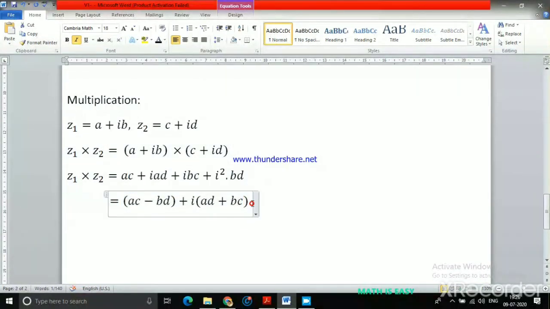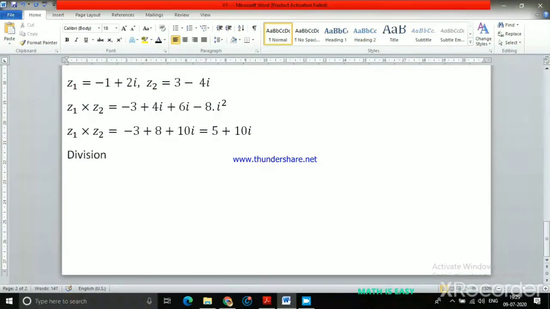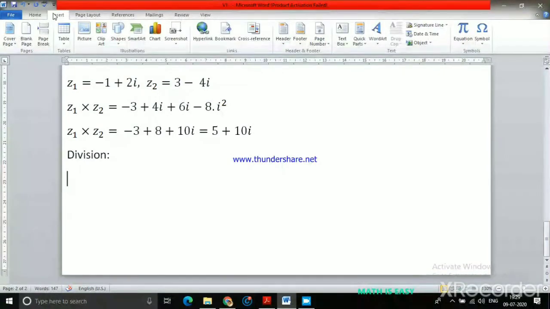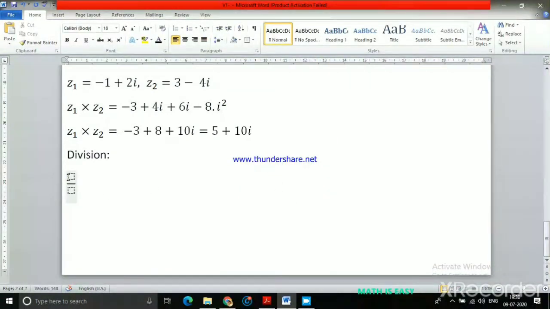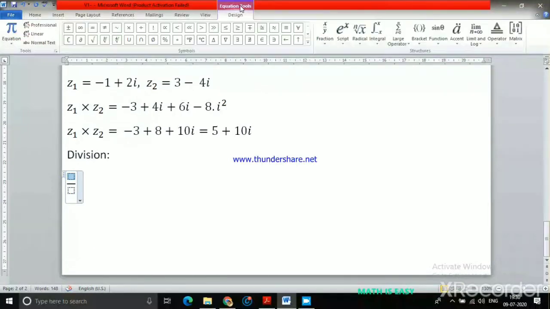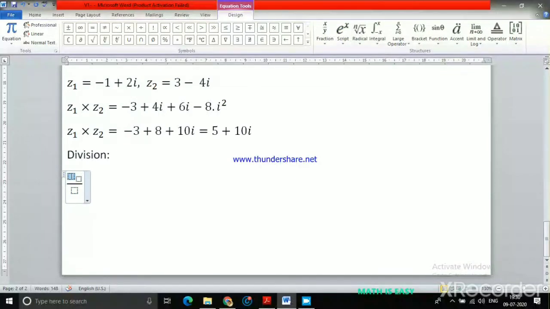How do we multiply the numbers? So let me take the example. Let me copy both the things here. Division. So you have to recall all your class 9th rationalization topics. The entire class 11th, most of the time we are going to refer to class 9th formulas, and when you go to class 10th, you are going to refer to class 10th formulas.